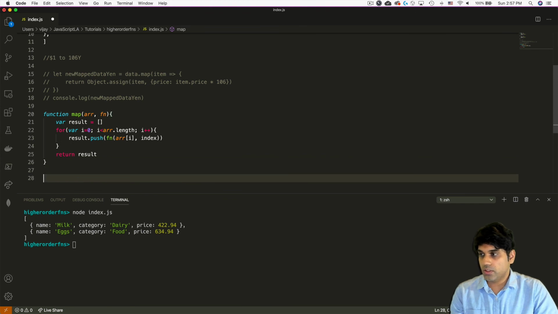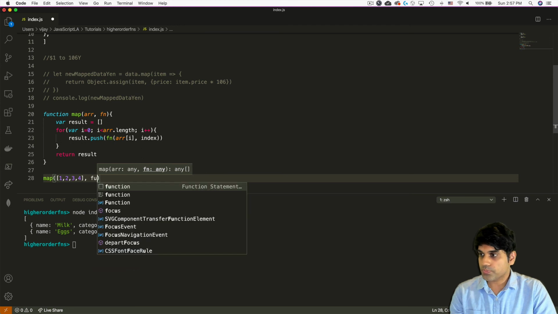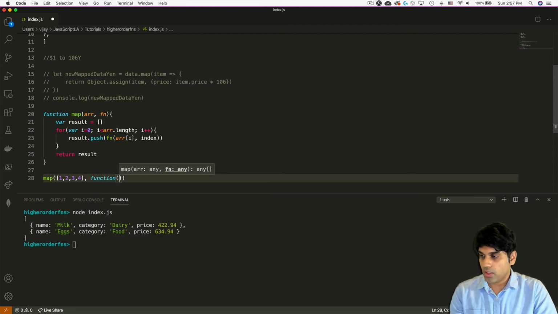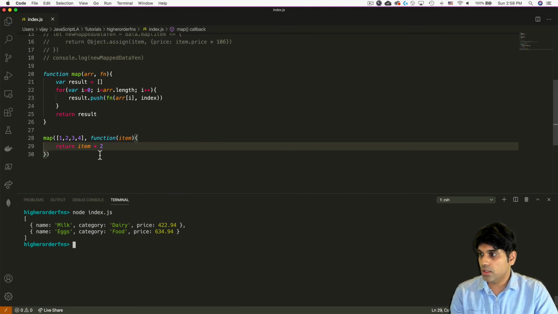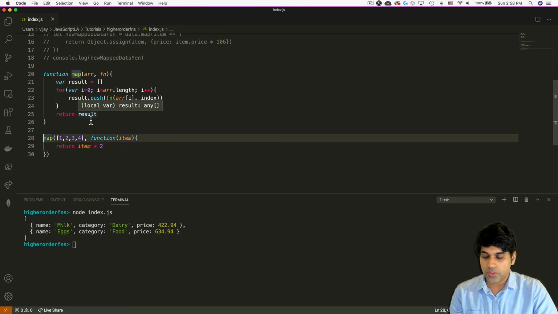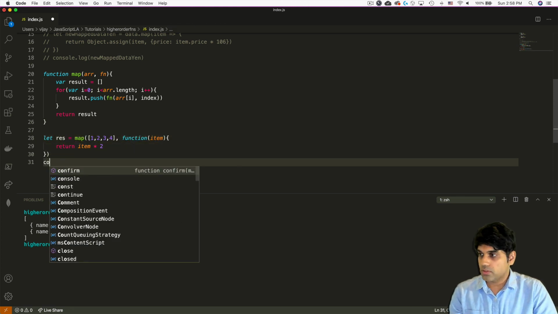So let's try this out. I'm going to do the same thing here. I have an array of 1, 2, 3, 4, and then I want to take the item and return the item times 2. Then I'll need to do something with it because it returns results, so obviously I need to put that somewhere. So we'll just say let result, or res for short, and then console log